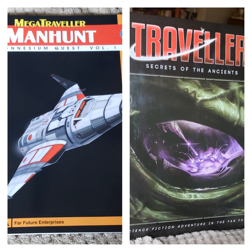But this is my print copy of the Megatraveller Adventure Manhunt, the Onnesium Quest Volume 1. It's pretty neat how this developed. This is an adventure for Megatraveller, more or less Traveller second edition after Classic Traveller. It brings you across parsecs of space, from the domain of Deneb to the restored Vilani Empire, a richly detailed setting through exotic cultures, and you players will slowly start to unravel the mystery behind